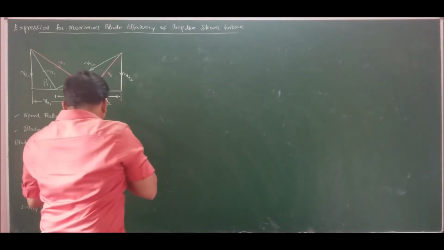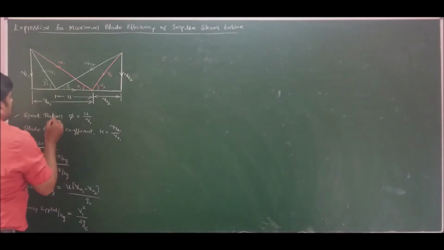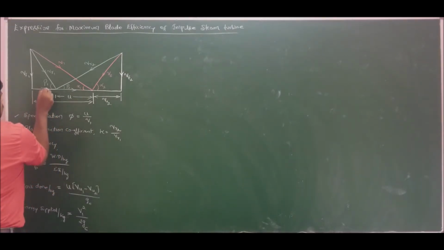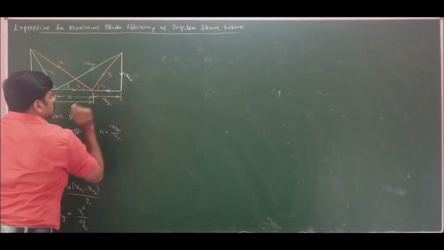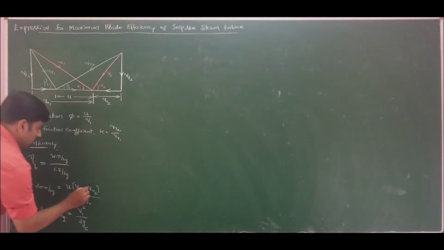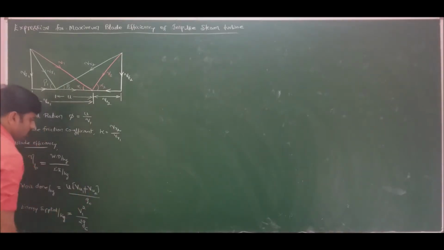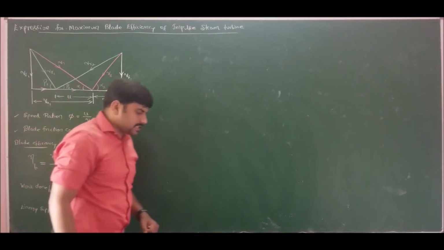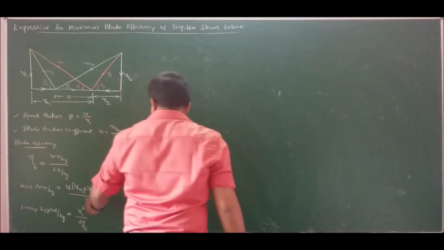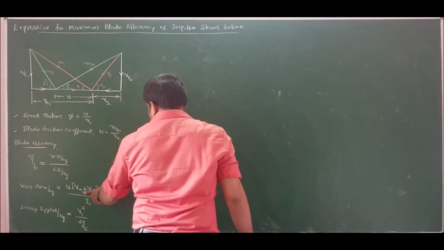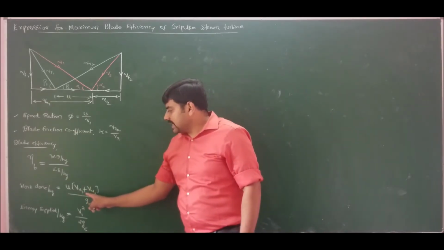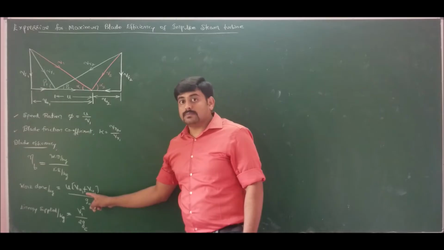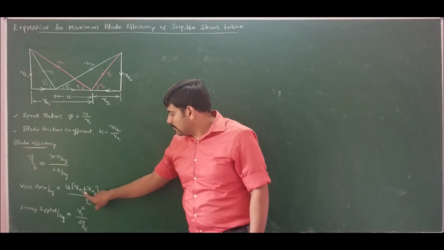For turbines, if you observe, Vu1 is moving from left to right and Vu2 is moving from right to left. So for turbines, it is always (Vu1 plus Vu2) by Gc, which I have clearly discussed in lecture 6 of module 2. So it should be plus for turbines. If I use minus, it will become work done per kg for a turbo machine. If I interchange the terms with a negative sign, it will become work done per kg for a power absorber. For a turbine, it is Vu1 plus Vu2.